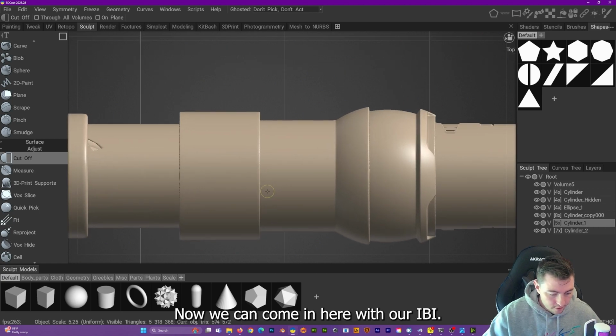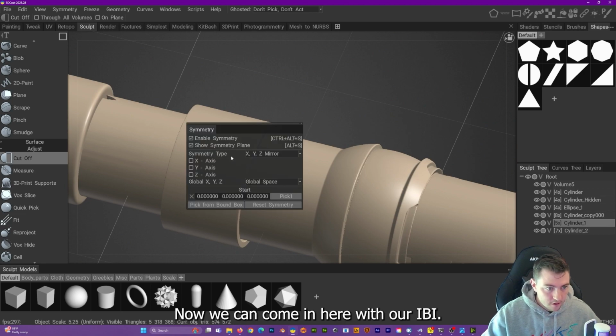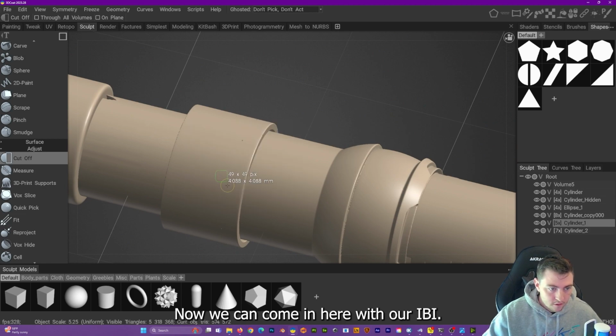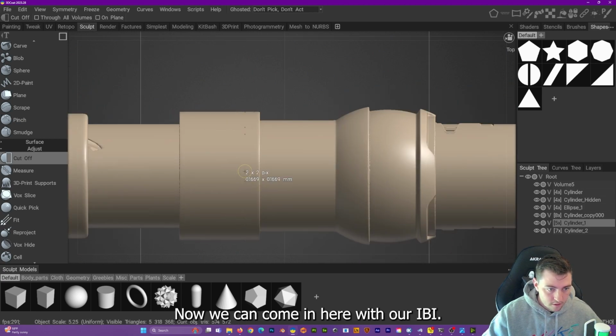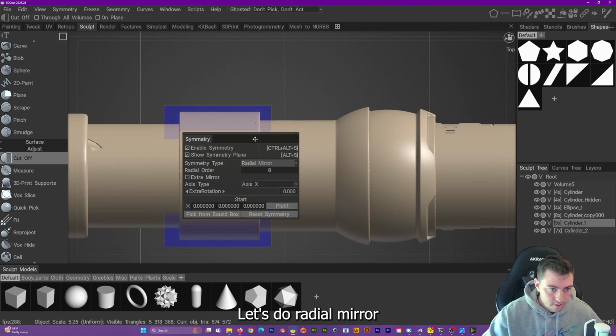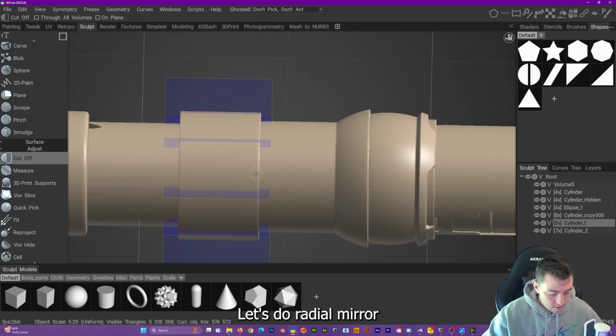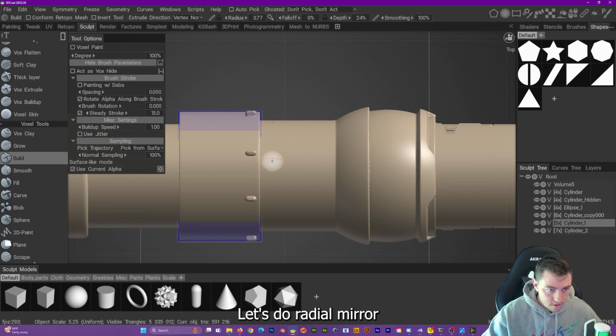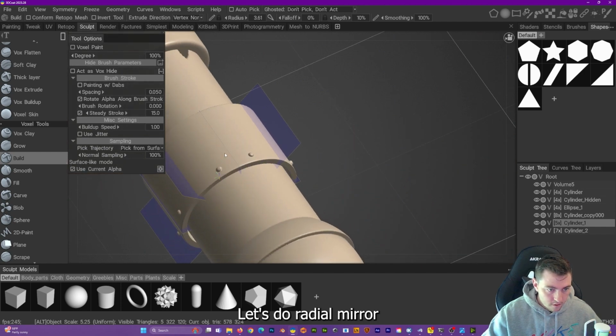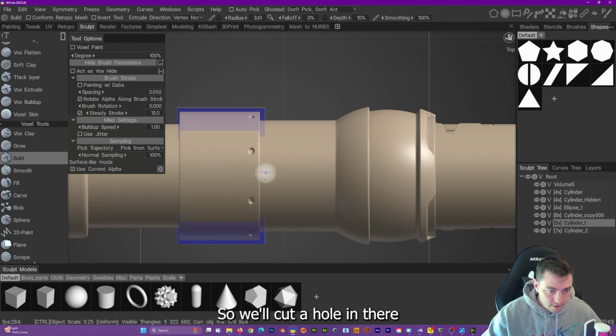Now we can come in here with our, maybe let's do radial mirror. There we go. So we'll cut a hole in there